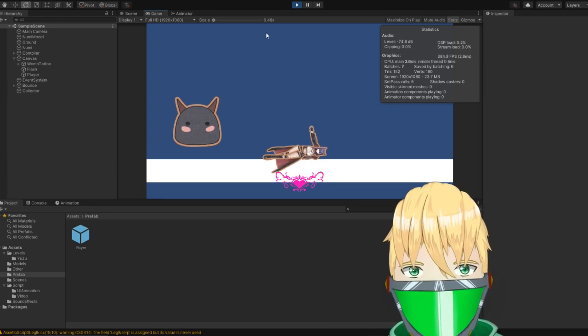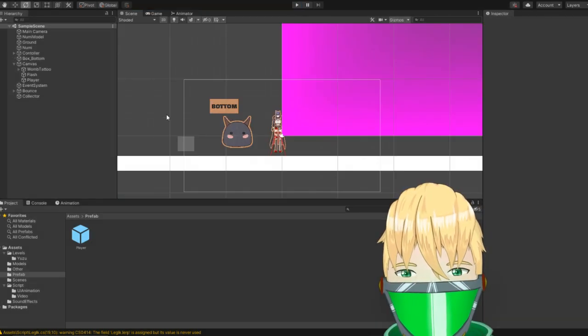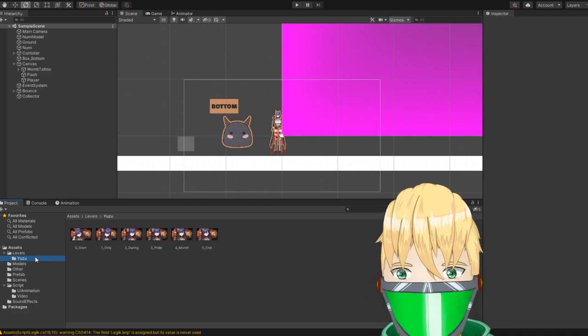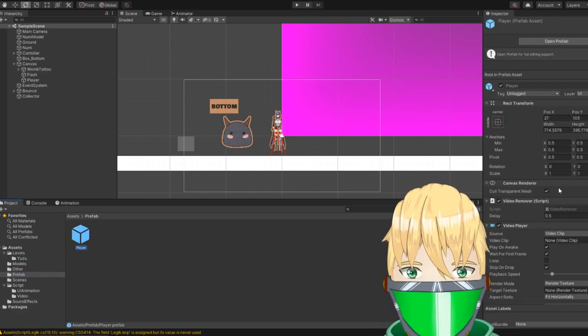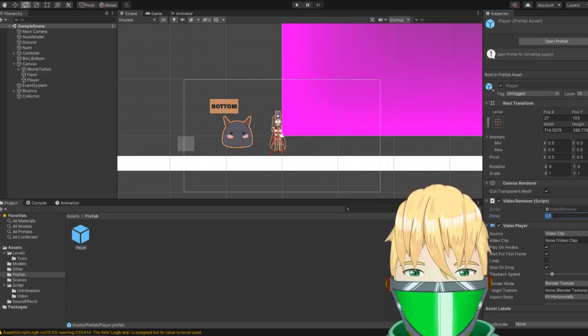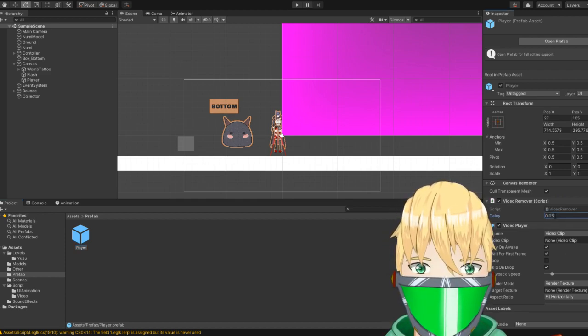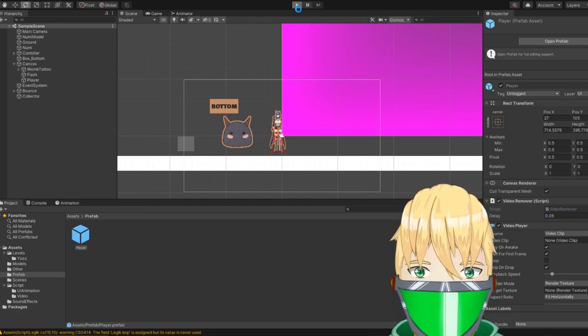Okay. It's because I have a delay. So I have a delay where things are open for longer because it was lagging. So this here is the delay. If I change this to like 0.05, hopefully it won't break the entire code.